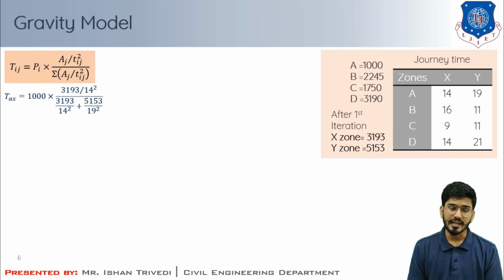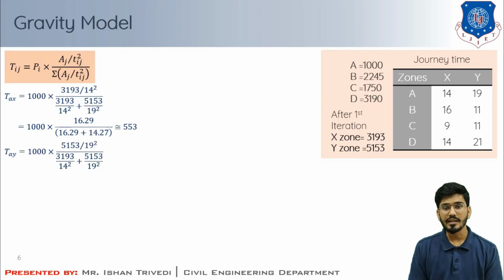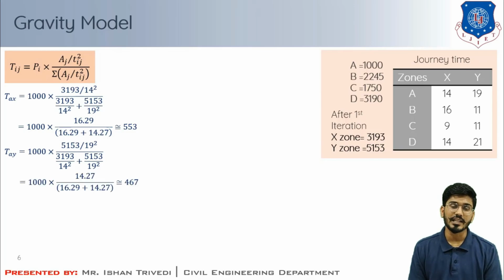So for the second iteration, as I said, the equation will remain the same. For TAX, the total trips produced from zone A is 1000. AJ is the new adjustment, that is 3193 that I have put. The journey time again is 14, and for Y it is 19. I simplify it, and the answer is 553. Similarly for AY, I put those values and compute the answer, that is nearly 467